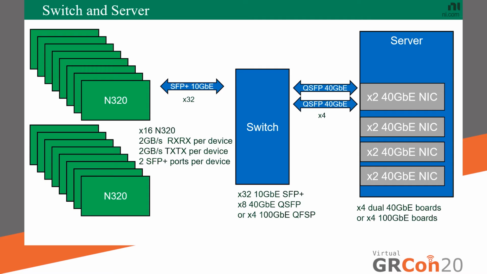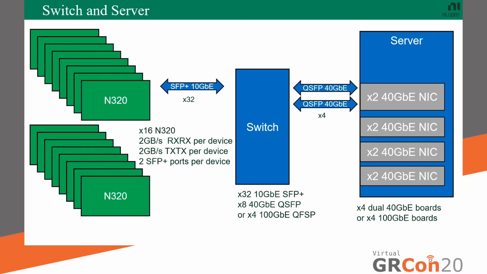So first, we'll imagine an SDR system with 16 SDR devices. And each one of those devices can send 1 gigabyte, actually up to 2 gigabytes of data per second to us. And they send that data to our server via a 10 gigabit connection. And then that server needs to take all those connections and aggregate them in some way. Well, if you need to aggregate 16, maybe even 32 10 gigabit connections, one of the first ways you would